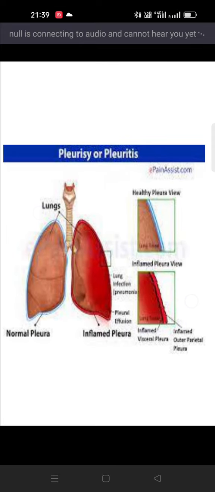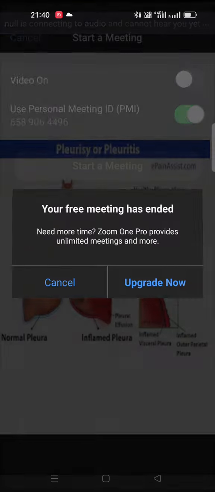So you can see in the picture, on the right side you can see the normal pleura, but on the other side there is a pleura. What is pleura? Pleura is the covering of the lungs, and there will be inflammation of pleura, that is known as pleurisy. So can anyone